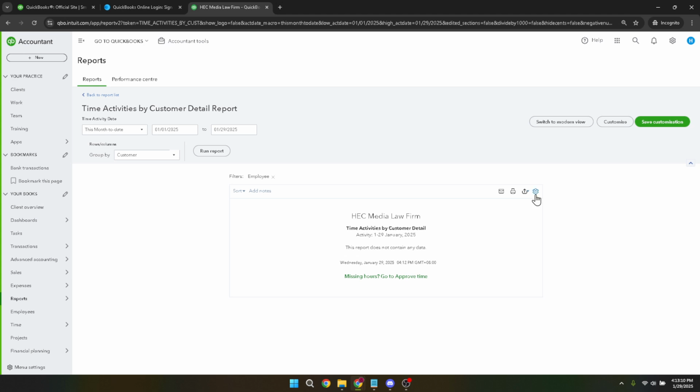And there you have it. By following these steps, you can efficiently adjust your employee reports in QuickBooks to make them more compact, saving space and enhancing readability. I hope you find this guide